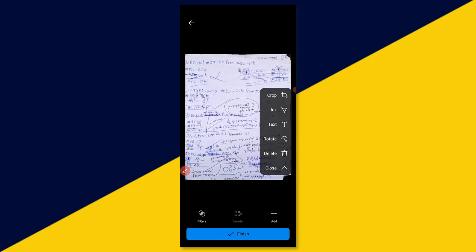You can rotate, you can retake if you do not like the option. The next thing you want to do is to go ahead and click on Preview and Edit. Then you can crop here. You can